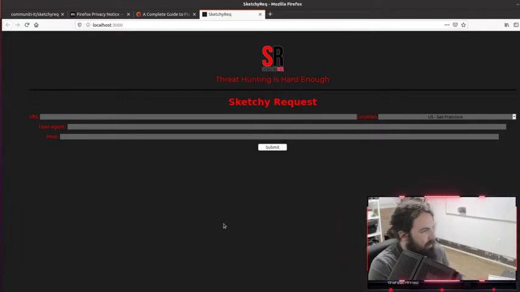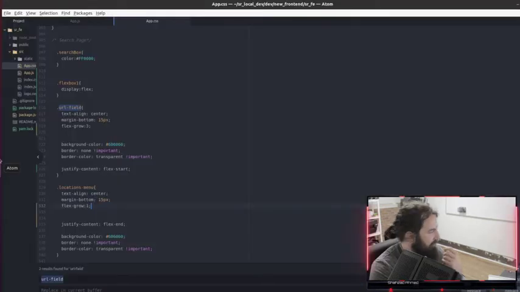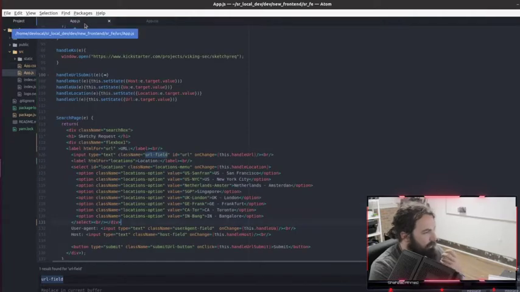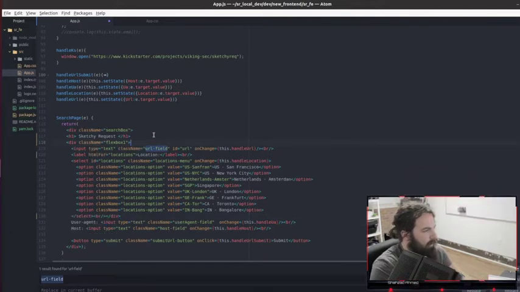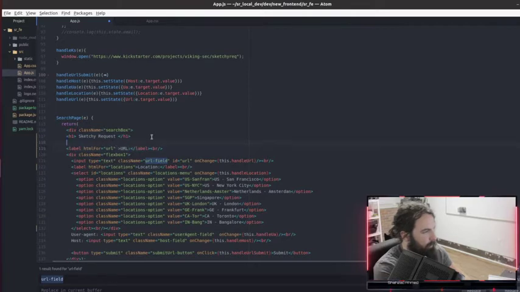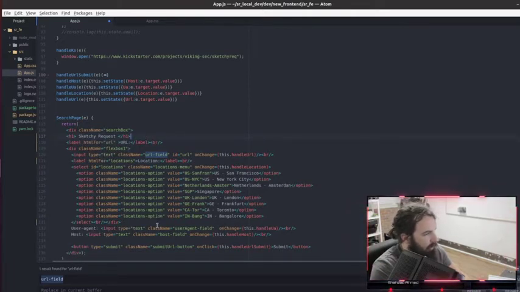All right, so we want to take the labels out and put them above, I think is how I want to do it. And I don't really know exactly how to do that, honestly. Because there should already be a line break after them. Yeah, there is. So we could always just take them out of the flex box, but I don't know how well it's going to work. But I'm a big supporter of just trying shit out. So that's what we're going to do.